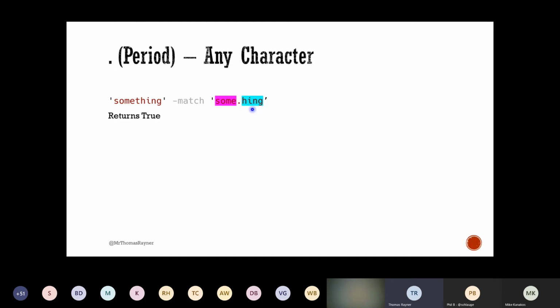Those don't have special meaning. Those are just literal characters, and we can obviously see we have them. But this period must not be a literal period, because for this to return true, this pattern has to be found. So this period must be special, and I just told you it was. It means any character. So we have the first part, we have the second part, and then we do have any character that occurs in between them. So this is a match.